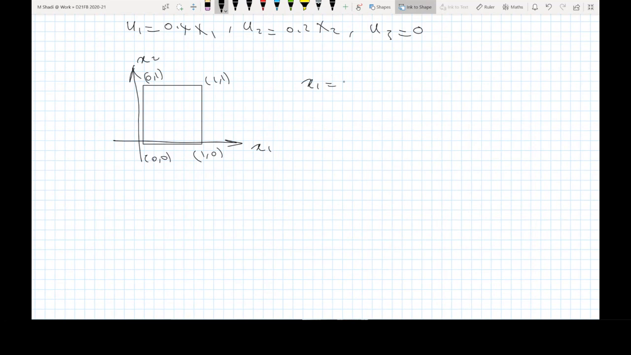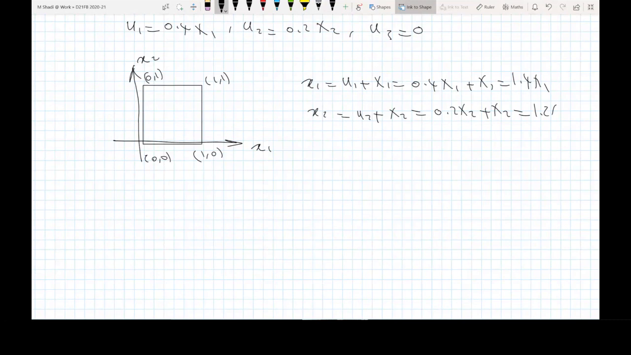So x1 small is basically U1 added to x1, and this is 0.4 x1 added to x1. So this is 1.4 x1. x2 small is U2 added to x2. So this is 0.2 x2 added to x2. So this is 1.2 x2. And x3 is basically 0. Since we are working in 2 dimensions, as I said, you don't need to worry about x3. You just cancel out x3. All right, so x1 small is 1.4 x1. So if you do that,